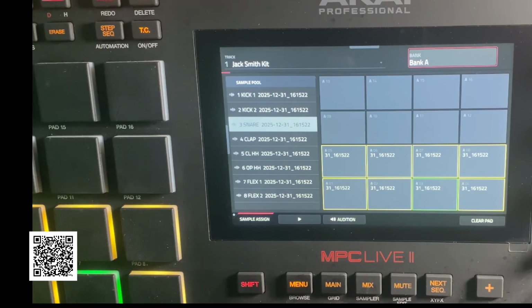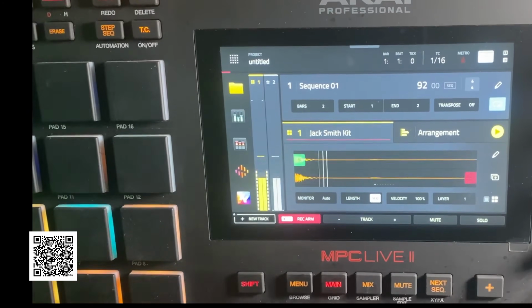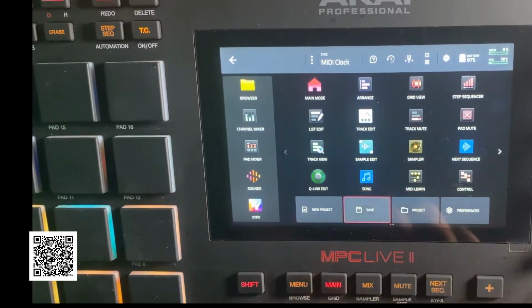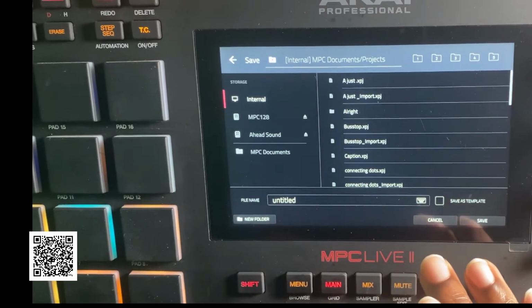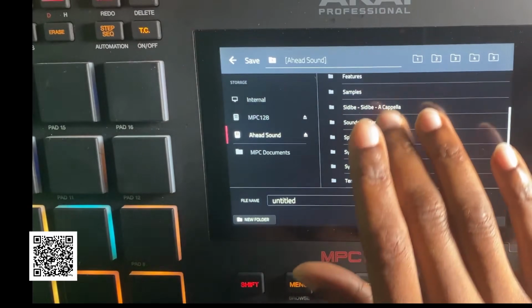So what we just learned right now, we learned about the preferences, how to set it up so we could set the sensitivity, how to create our very first drum kit, right? So now the drum kit that we just created is done. At this time, you might as well save the project. So you go in here and go to save project as, find your location. In this case, we'll just create a location